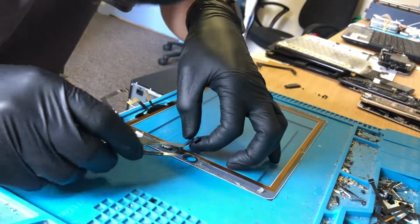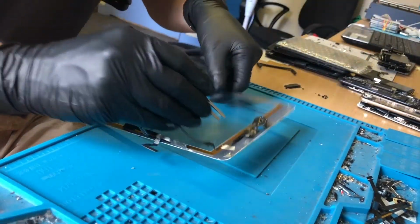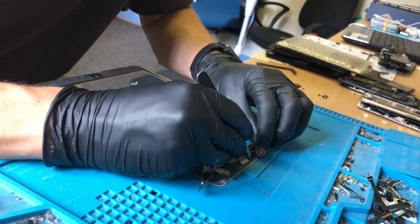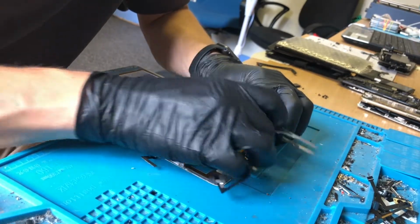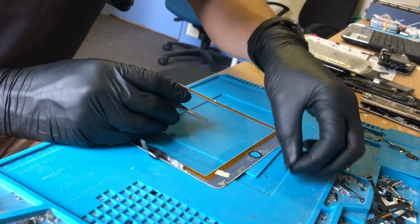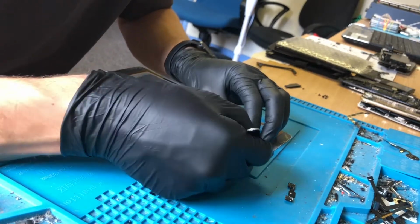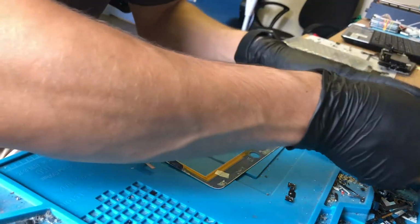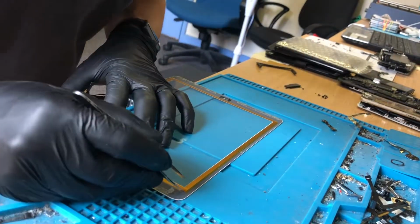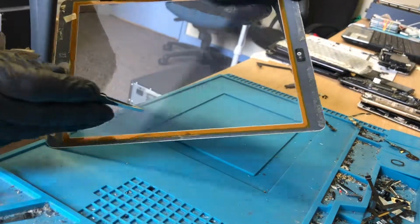So what is that? This is just one thing after another with this, I think. Let's get this flex away from the bracket. There we are. Put that away. So that's not even part of the home button. That's going to be gooey and nasty. That is a spacer for the home button. It's not the right one. It's not the original. Like I said, there's Kapton tape all around the edge, this yellow tape around the edge